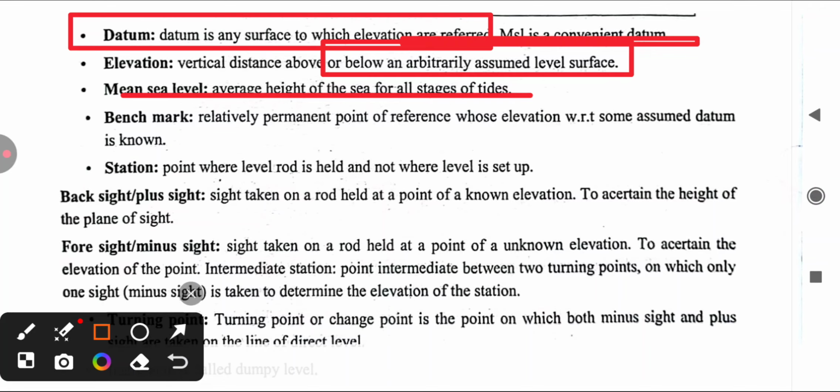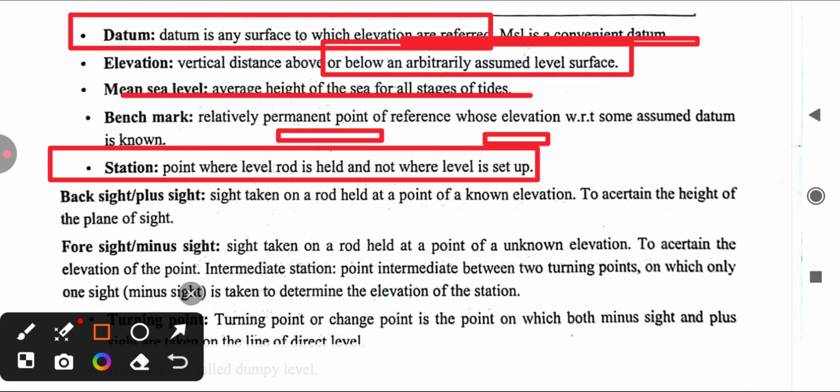Benchmark is a relatively permanent point of reference whose elevation is known. Datum is the reference surface. Station is a point where the level rod is held, not where the level is set up. Backsight, plus sight,